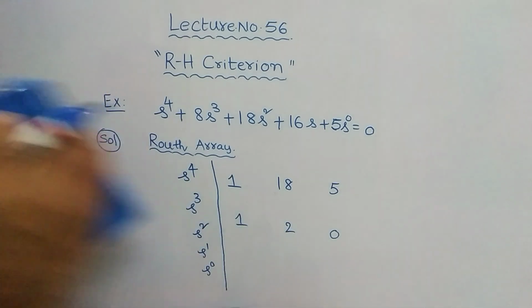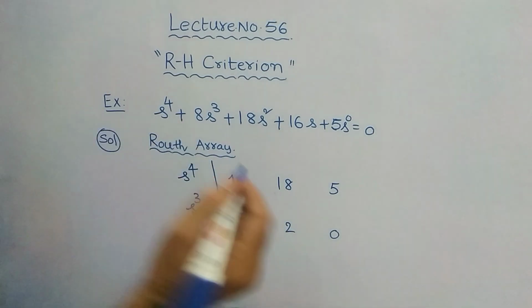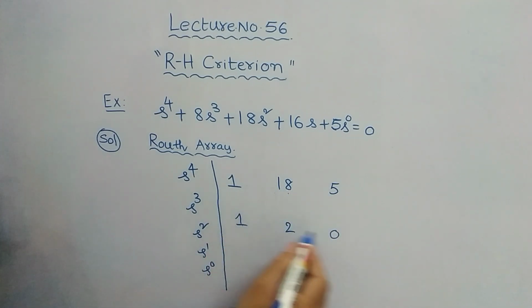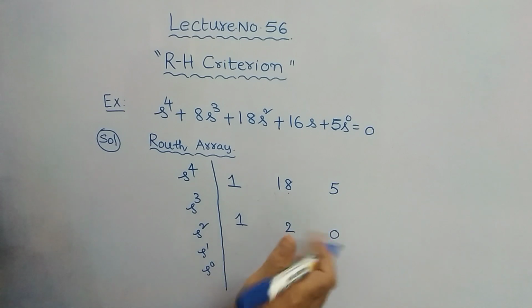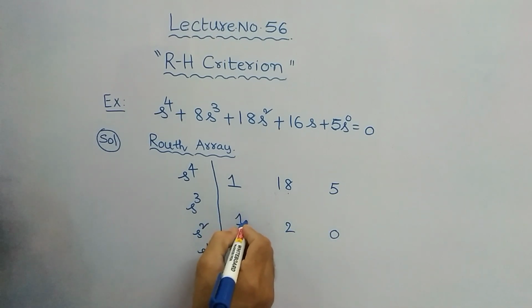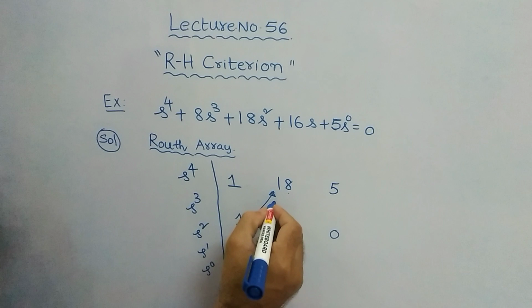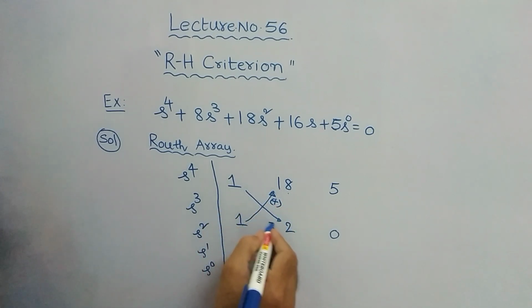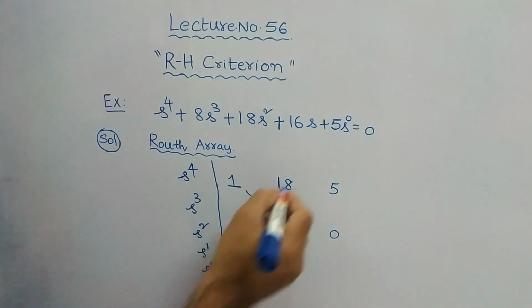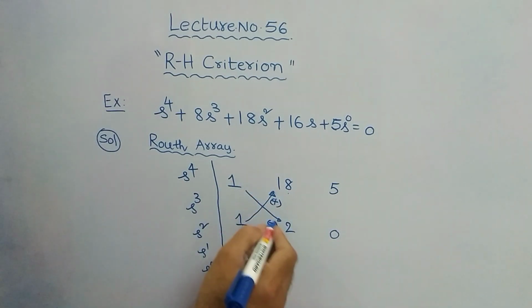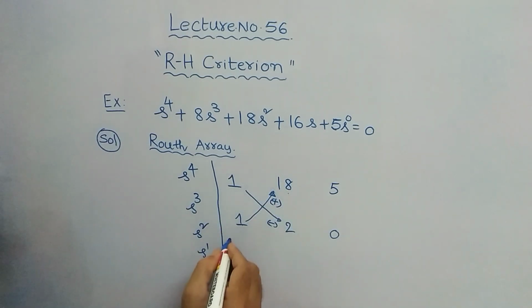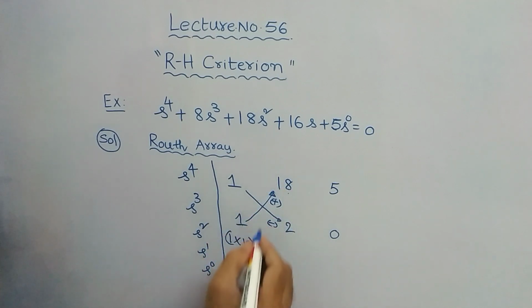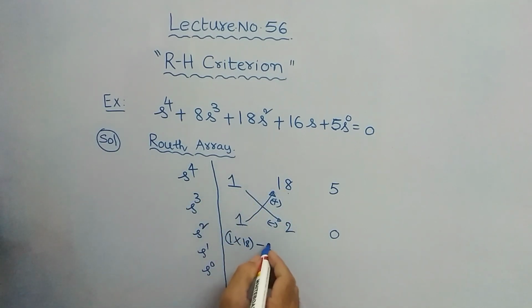I will write clearly what you are writing. So 1, 18, 5, and it is 1, 2, 0. 8 ones are 8, 2 twos are... Therefore this comes. So you have to consider this one actually. 1 into 18, this is plus, 1 into 2, this you have to consider as minus. This you need to consider plus, not 1 into 2. 1 into 18, that is okay, minus 1 into 2,